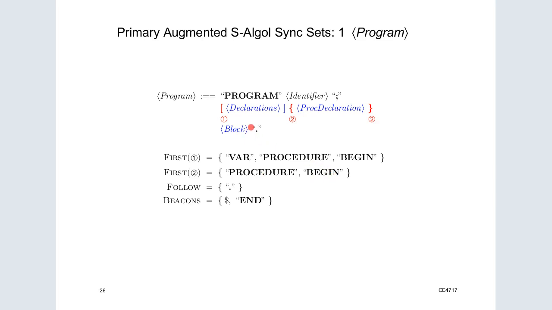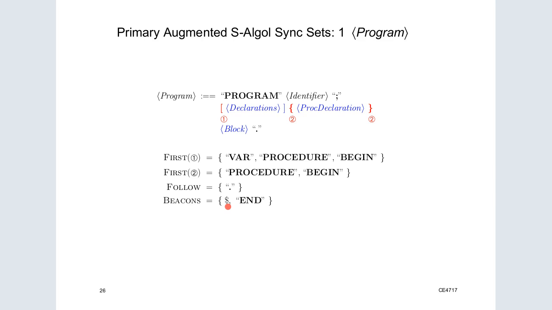And then the follow set of this structure here is essentially the end of program marker. So if we think of this as being the sentential form from here to here, then what can follow it is the end of program marker, the full stop. And then useful beacons here. Well, the obligatory, really important beacon, end of input. That should appear in every one of your follow beacon sets. Well, you'll only have 3 of them, but it should be in each one of them, just to make sure